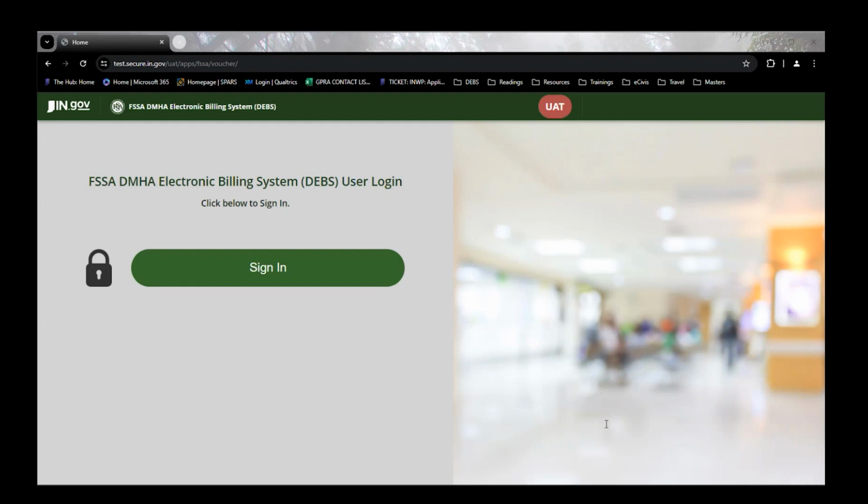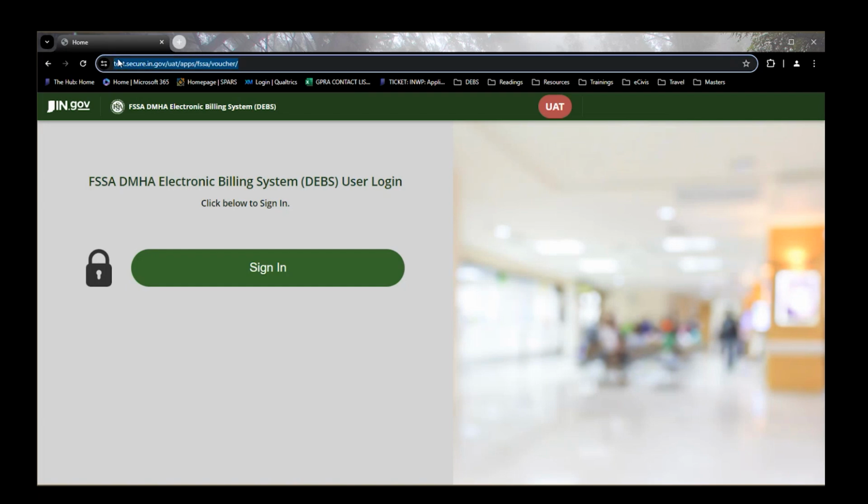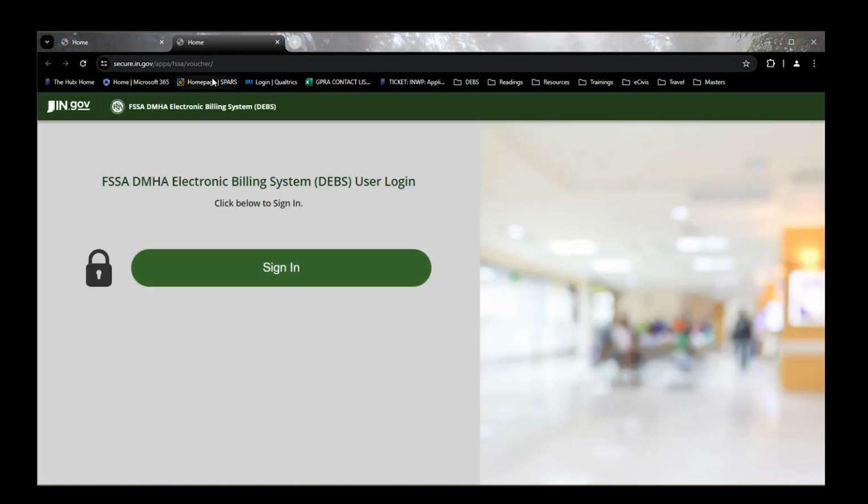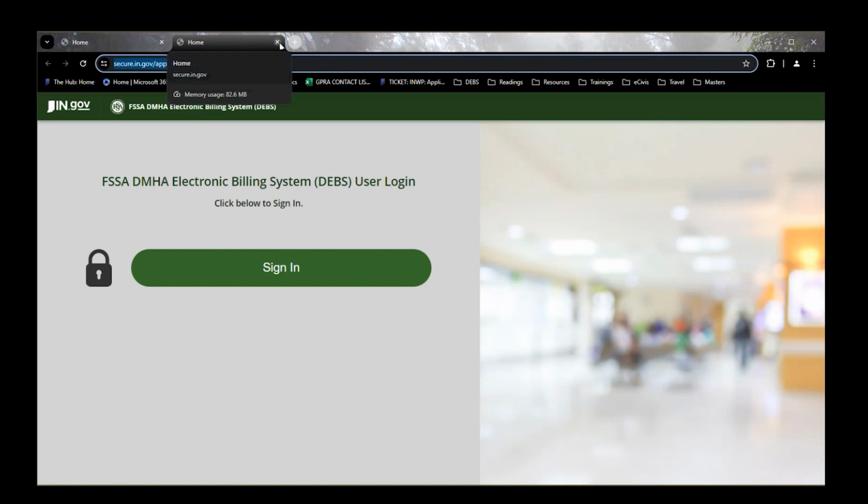So when you are first signing into DEBS, you will go to https://secure.in.gov/apps/FSSA/voucher, which is this URL above without the test or UAT section. So the actual website will look like the following. This URL right here. But for the training video purposes, I'll be using our test DEBS environment, so the URL